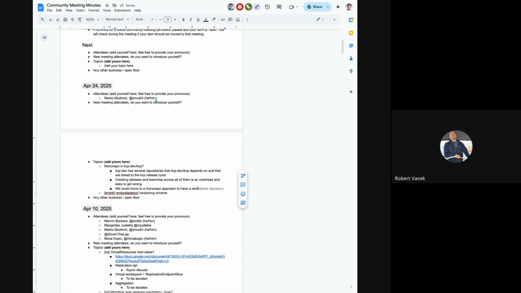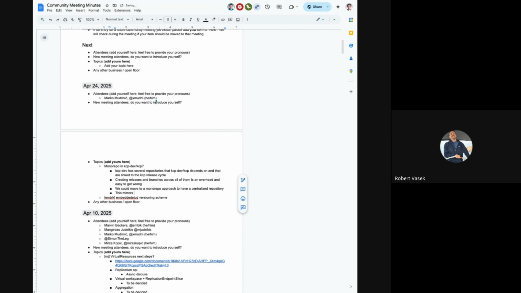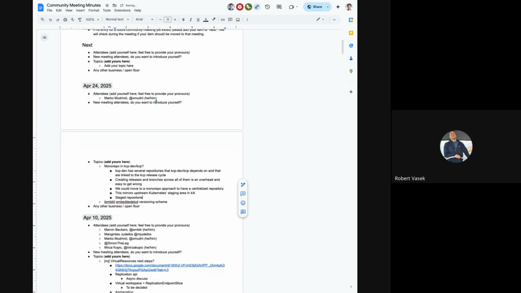This would be similar to what upstream Kubernetes does. That means having a staging area where we store the code and do all the updates from, and then distribute it to staged repositories. So this would be basically copying the code from the staged directory into their respective repos.